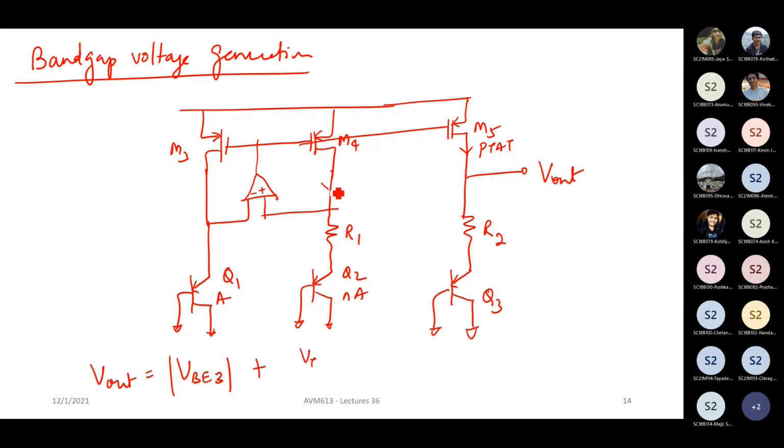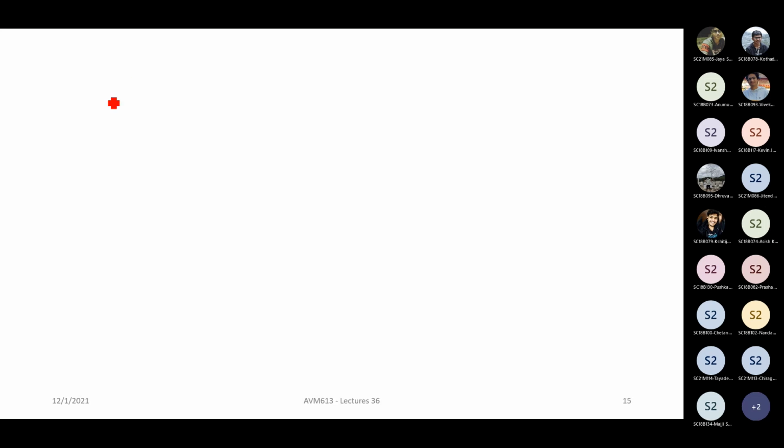What is the current that is flowing here? This voltage is VT ln of N, so the current that is flowing here is VT ln of N divided by R1. The same current is mirrored here, and the voltage here is the voltage drop across R2 plus the VEB3. So this is nothing but VT ln of N divided by R1, the same current mirrored here, multiplied by R2. Now, what is essential here is to make sure that R2 by R1 into ln of N is basically equal to 17 point